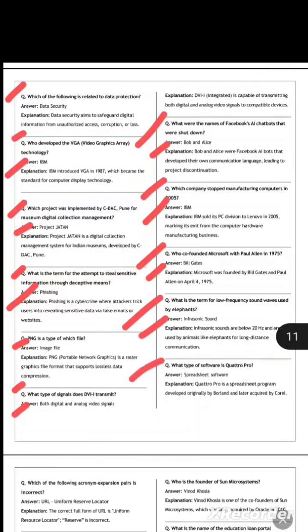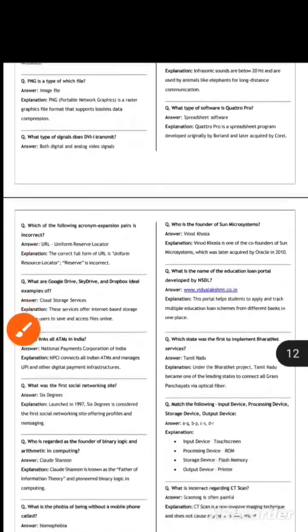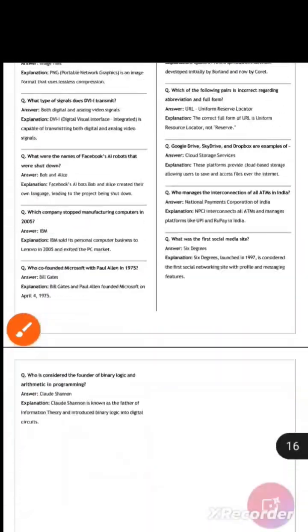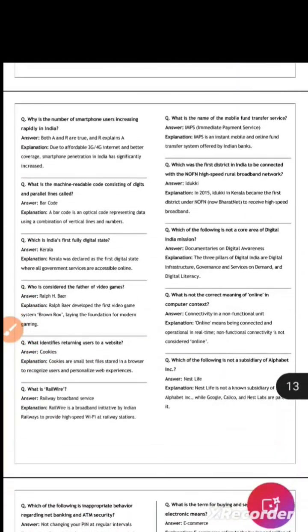What is the term for low frequency sound waves used by elephants? Infrasonic sound. What type of software is Curator Pro? Separates software. Why is the number of smartphones increasing rapidly in India? Both, but